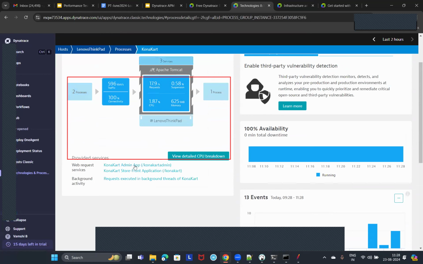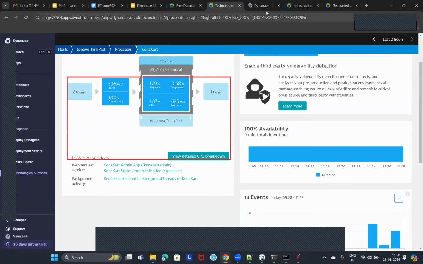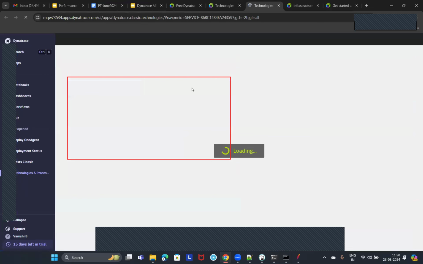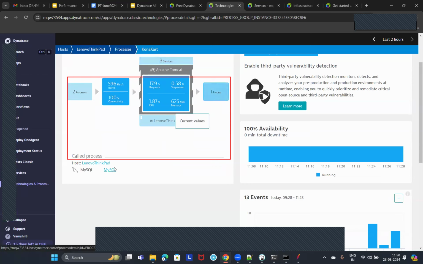And now there are 3 services observed here. What are these services? Web request services, right? This admin app and Konakart storefront application. These are the services. And background activity: requests executed in the background threads of Konakart. And then it is also showing the final process, which is MySQL, right? All your requests will go to the MySQL database. So this is the flow, and it is also showing how much is the CPU utilization, memory utilization, and how much is the